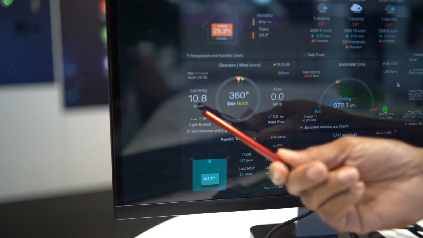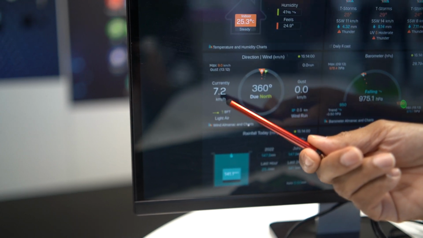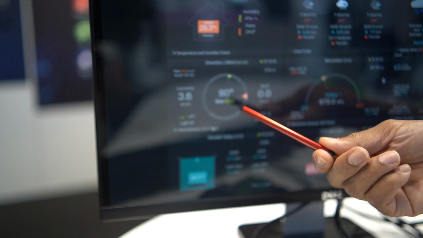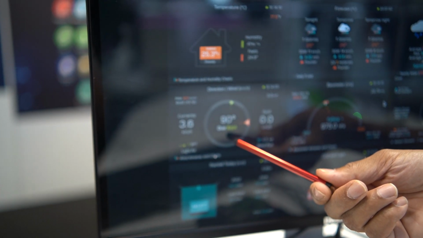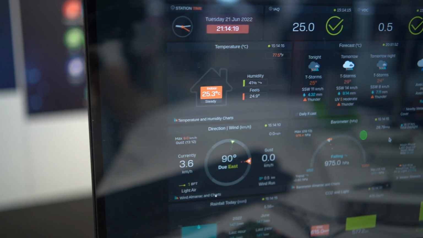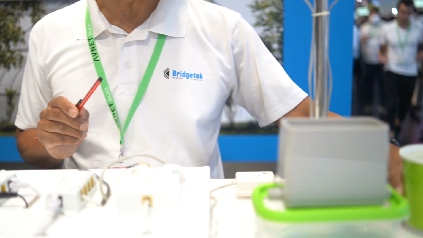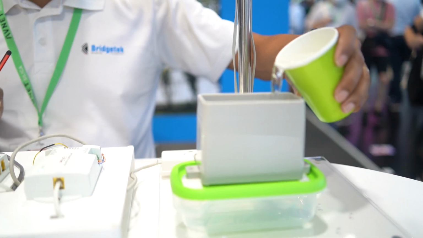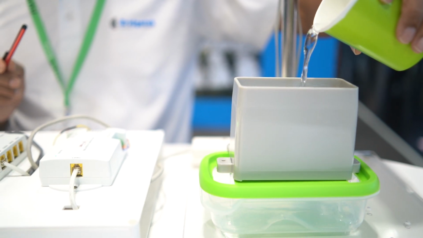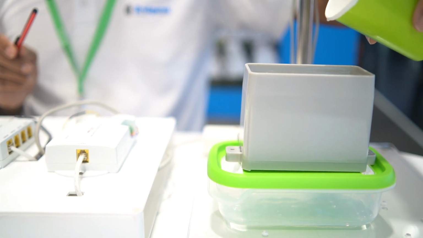So this is east, that was north previously, and you see the values update here. So the wind speed has moved from 10.8 down to 7.2, and then it will go down to 0 as the anemometer slows down. Here you see the wind direction to be at due east, 90 degrees, because I'm pointing now due east. And then moving back to the rain gauge sensor, here we have the rain gauge sensor, and I'm going to pour some water here into this, and this rainfall simulation is then picked up by the Python software,